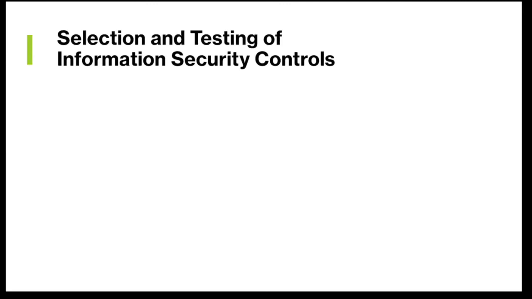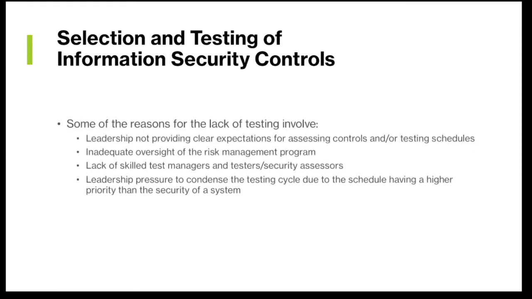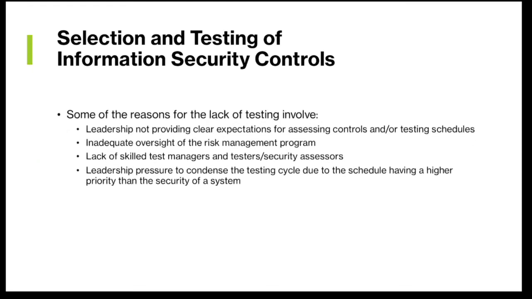Next, usually, of course, we have controls. We need to be able to test controls. However, companies seldom test these controls. This is because some leadership are not providing clear expectations for the assessment of controls and or testing schedules. The organization are not aware of the importance of these controls, and there is an inadequate oversight of risk management